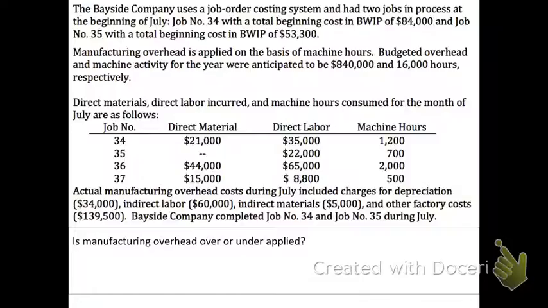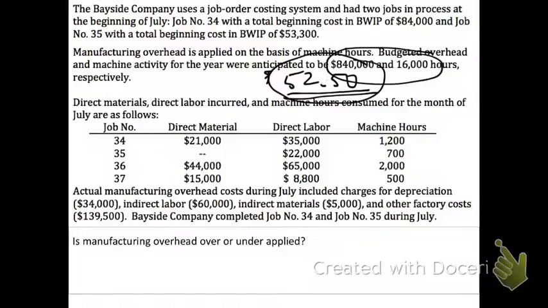And so we have over and under applied overhead because the rate that we use at the beginning of the period, based on the 840 and the 16,000 hours, this rate of 52.50 is an estimate. And so more likely than not, we will not have 840,000 in total overhead or use 16,000 hours. So we will have applied overhead throughout the year on a rate that was actually different. But we don't know the actual rate until the end of the period. But applying overhead, we have to estimate, and because of that estimate, at the end of the period, we could be off in our total estimate, and so we determine what over or under applied overhead is.